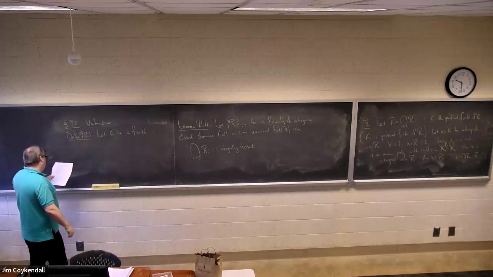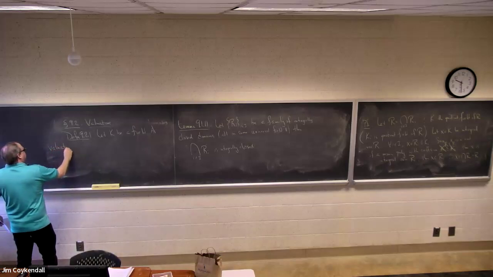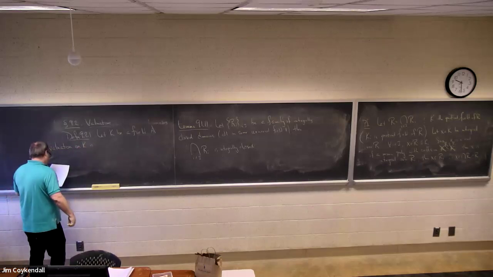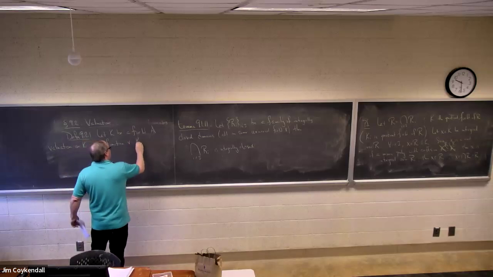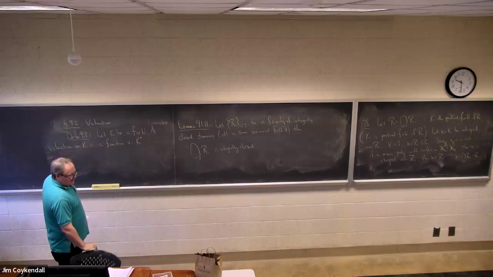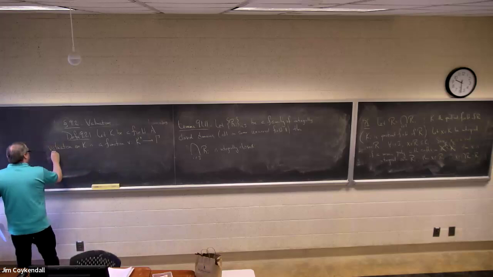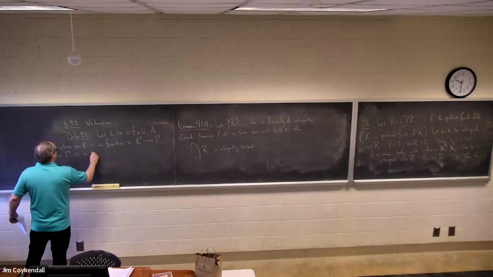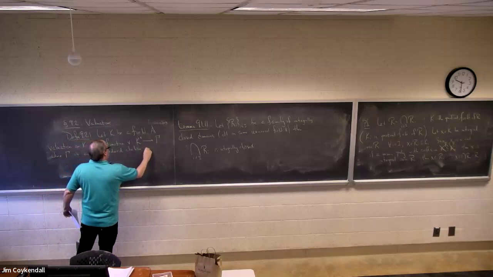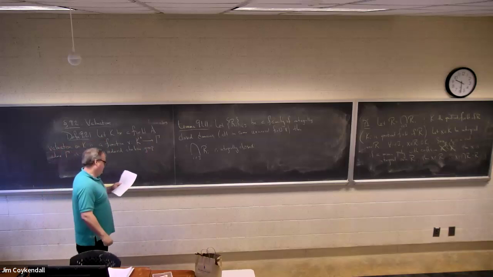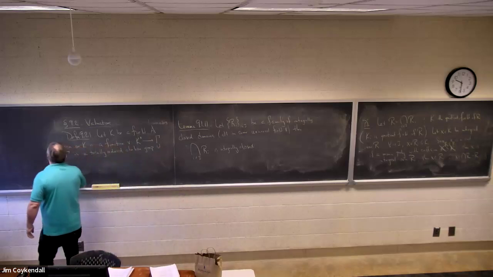Suppose we have the field K. A valuation is a function v from K star, by which I mean the non-zero elements of K, into gamma, where gamma is a totally ordered group, such that v satisfies